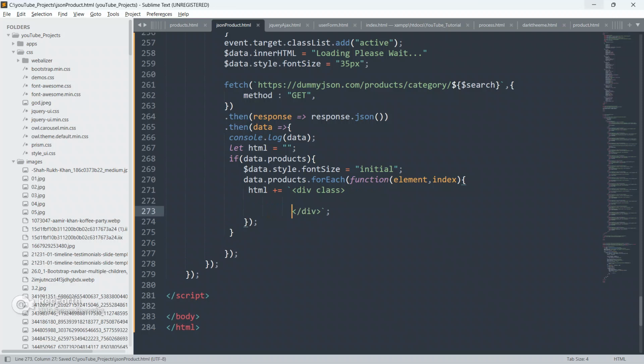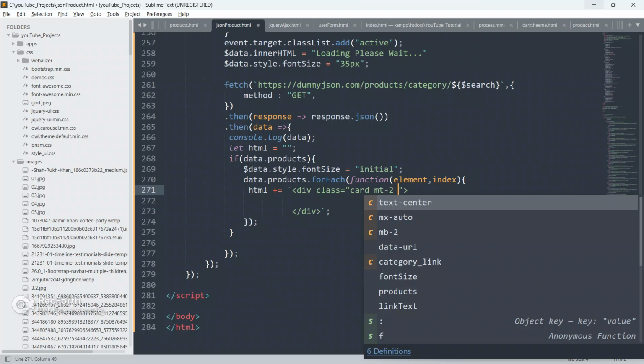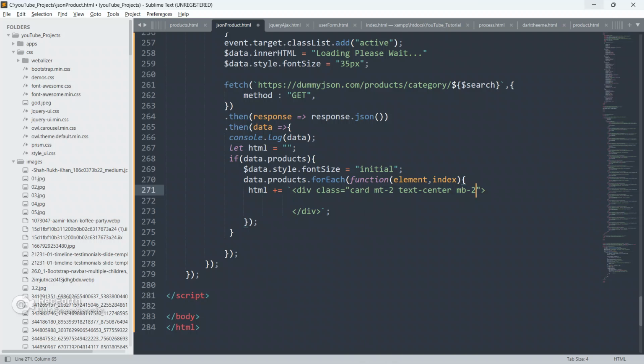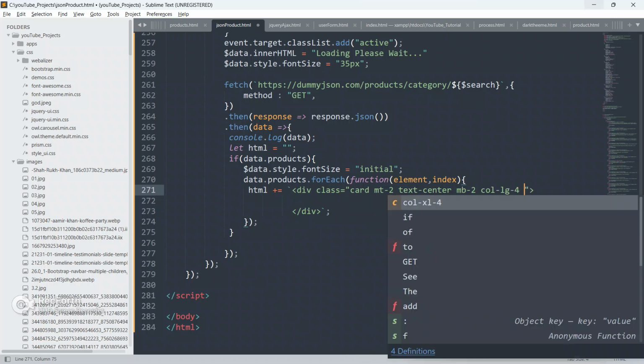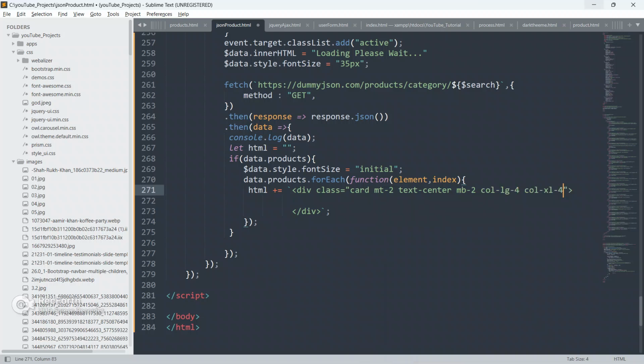Close this div now, and give it a class as card. And margin top 2, text center, margin bottom also 2, col-lg-4, col-xl-4 also,